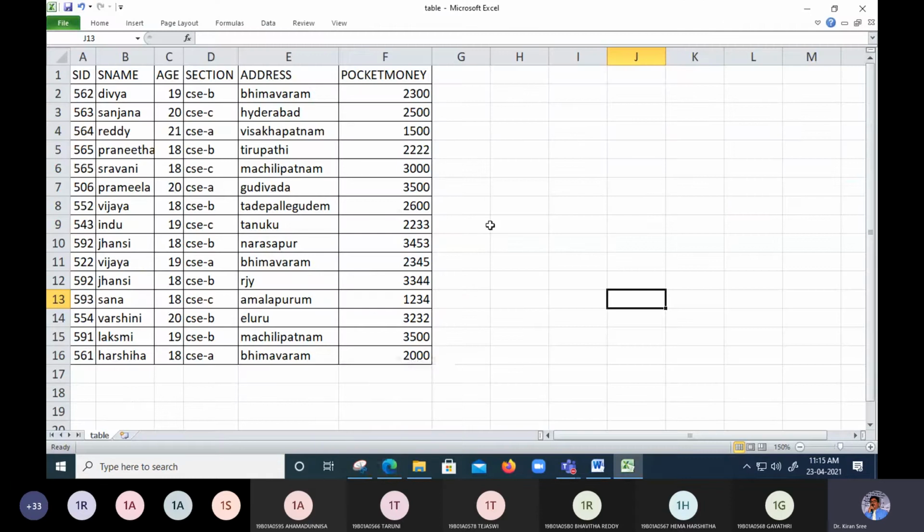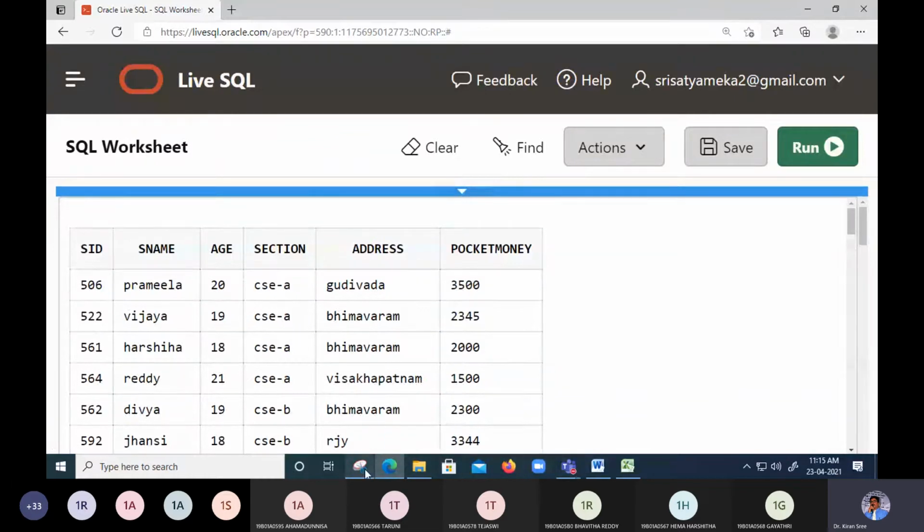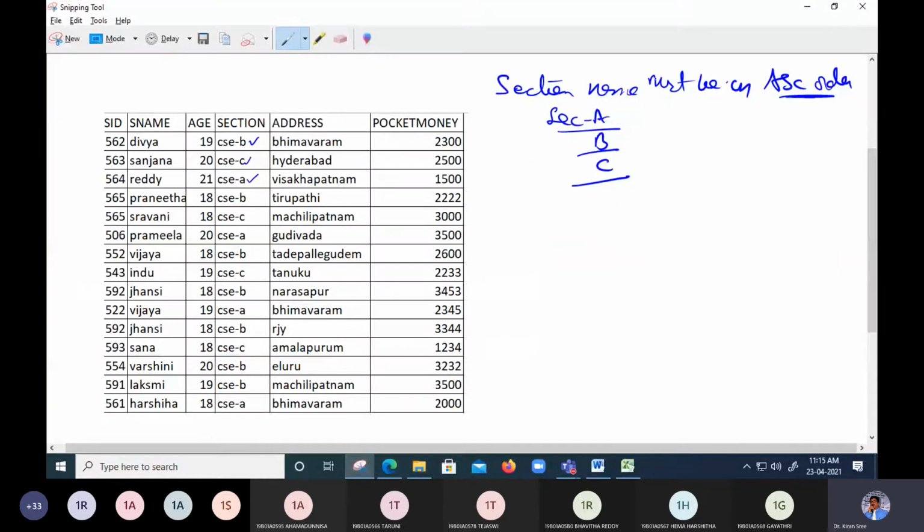But how is it originally stored? Originally it is B, C, A, right? It is B, C, A, B, C, A, then A, B, C, B, A. It is totally unordered. But when we went for an execution to say that it should be ordered, that is, I want the things to be displayed in A section, B section, C section, now we are going to put the things in this model.